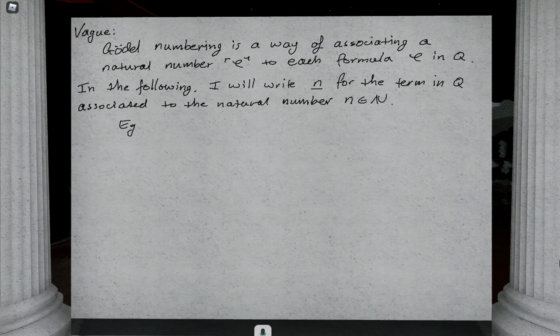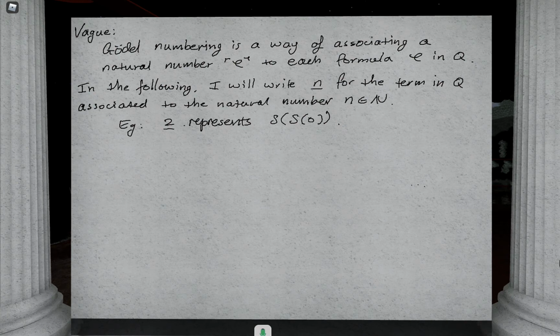So for example, 2 underline is simply notation for the successor of the successor of 0.